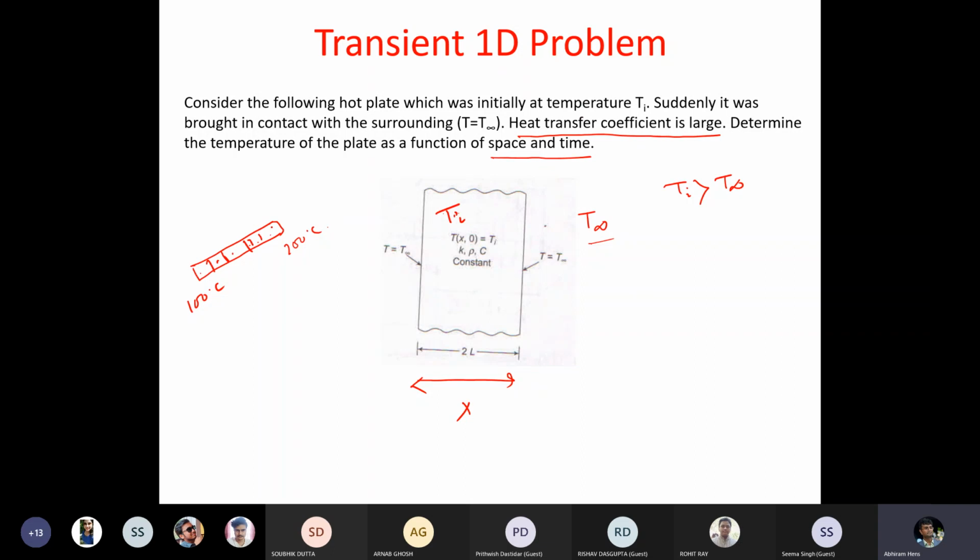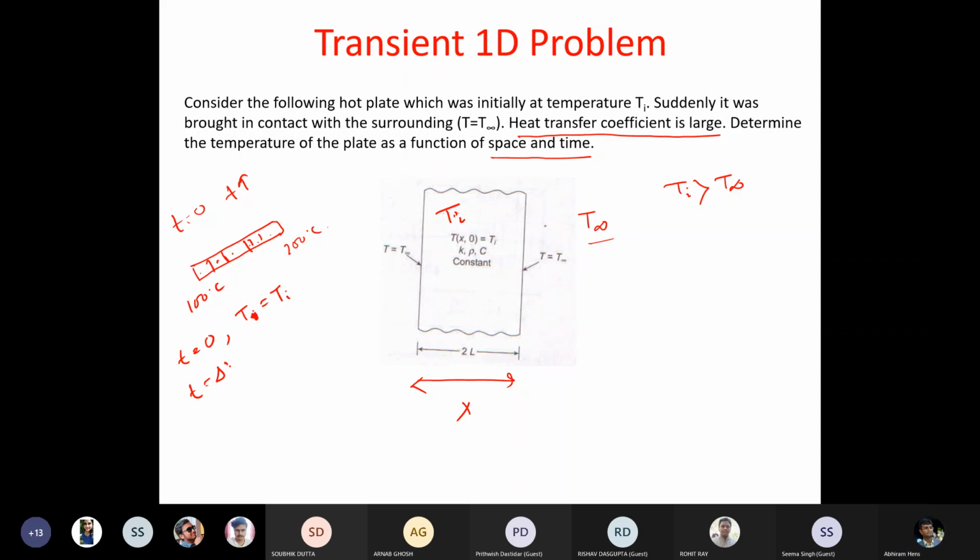Now we are invoking the unsteady term. That means we need to reach the steady state finally, but along with time. Okay, so how from t equal to 0, as t progresses, the temperature will change at each time step, that we have to know. So for example, at t equal to 0, we know that all the points will have a temperature of Ti. Okay, now we need to know at t equal to delta t, after time delta t,